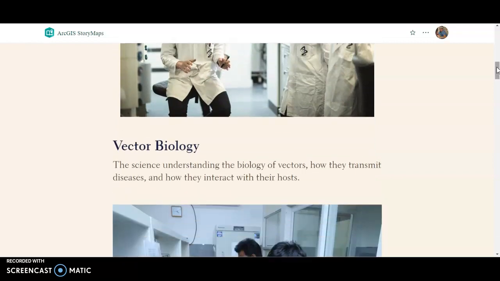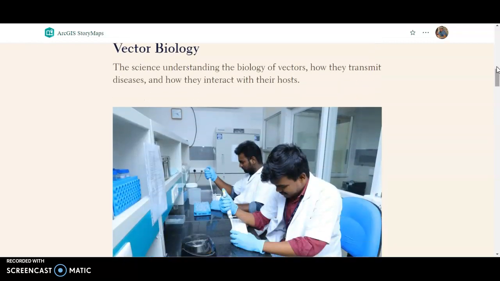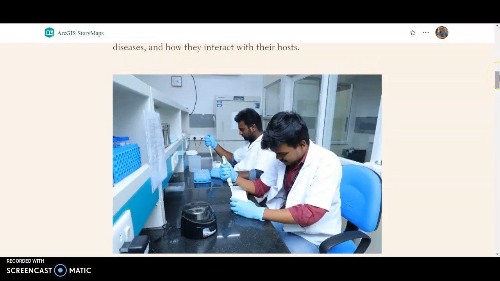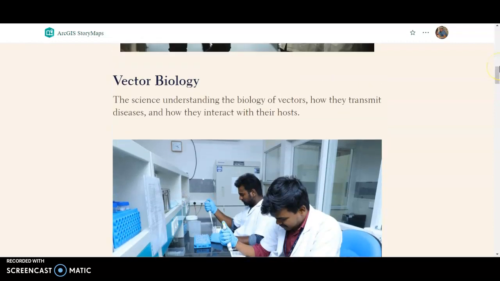Vector biology is the science of understanding the biology of vectors, how they transmit diseases, and how they interact with human and wildlife hosts. You might be asking yourself, what's a vector? Well, vectors are living organisms that carry and transmit infectious pathogens into other living organisms. Common vectors include mosquitoes, ticks, fleas, mice, or in my case, flies. Research of this science is important because it can ultimately lead to the development of ways to prevent the transmission